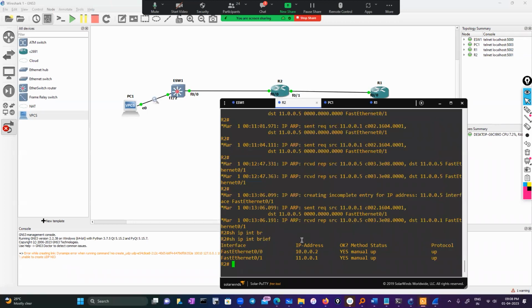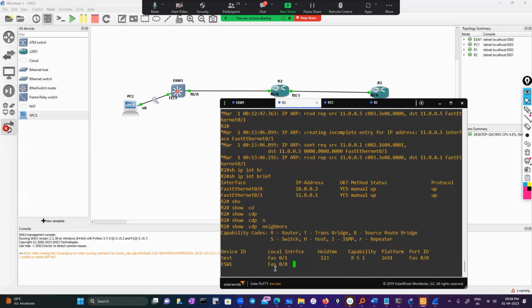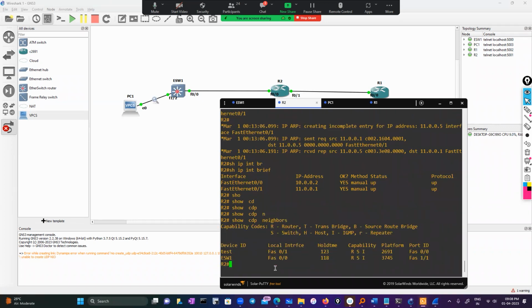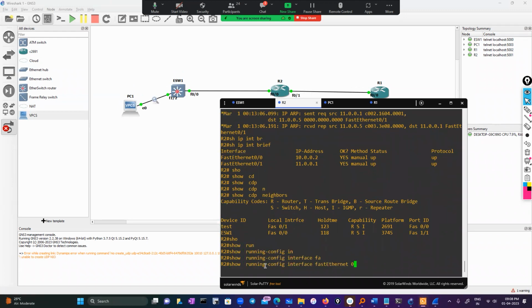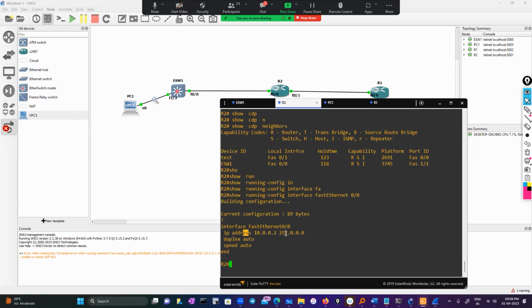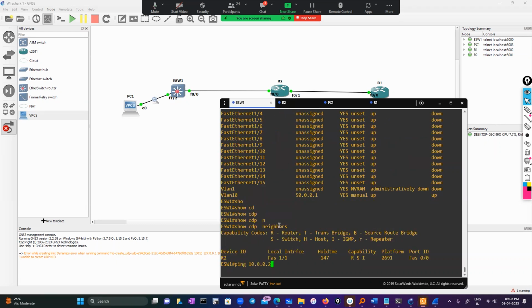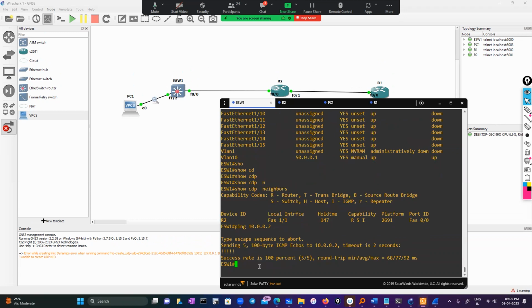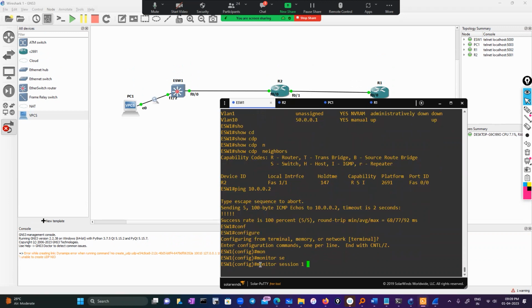So on my router, show CDP neighbor. The test is connected on fast Ethernet 0/1 and the switch is on fast Ethernet 0/0. Show run, interface fast Ethernet 0/0. Okay, 10.0.0.2. Just for a quick check, let me ping 10.0.0.2 and I can ping now. Okay, so now monitor session 1,